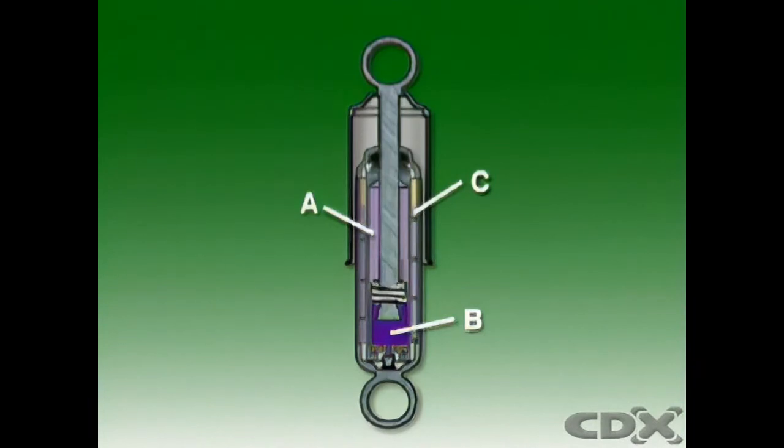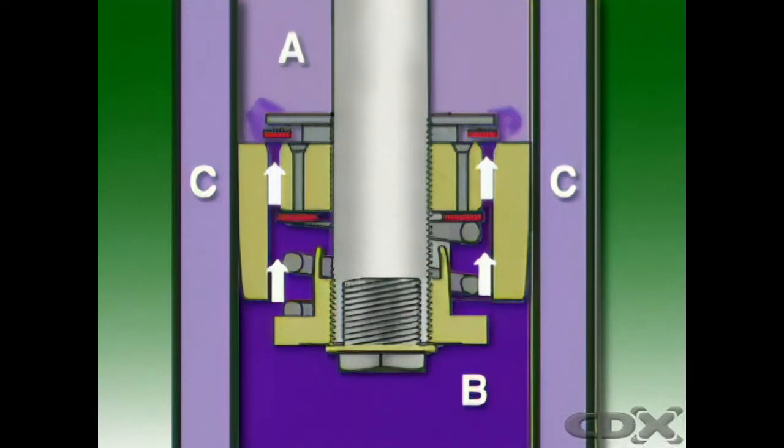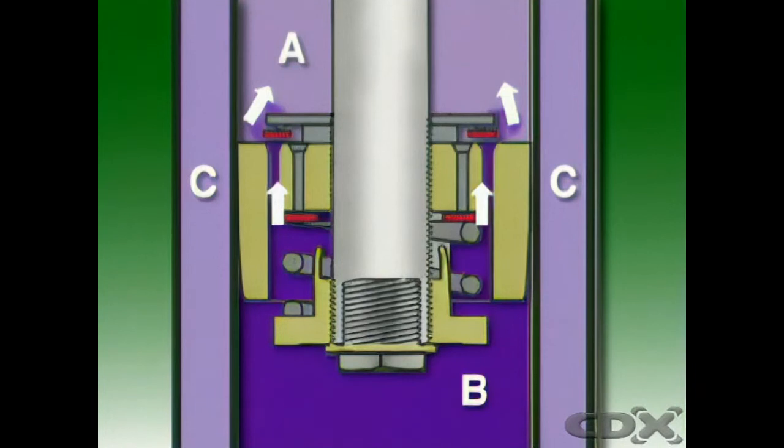On bump or compression, the piston and rod move downwards in the cylinder, resulting in a small pressure drop in the chamber labeled A above the piston. At the same time, the volume of the chamber labeled B below the piston is reduced, causing a high fluid pressure. This unseats the piston intake valve, and fluid flows up through the outer passages in the piston and into